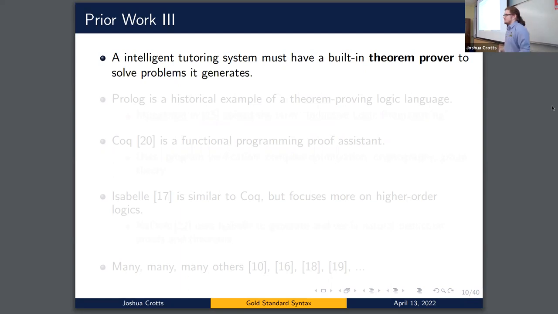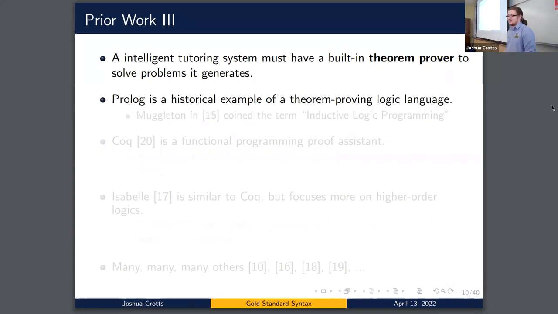The thing about these intelligent tutoring systems is that they have to have some type of theorem prover to actually solve the problems that they generate. That's just how it has to go. That's how you provide dynamic hints. So a historical example